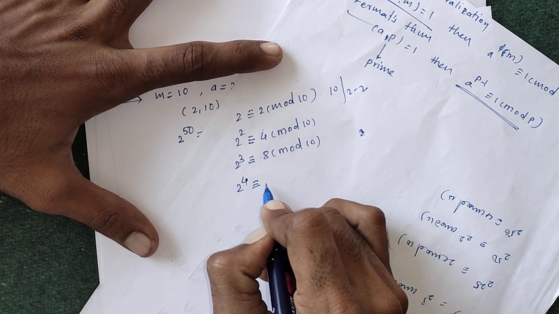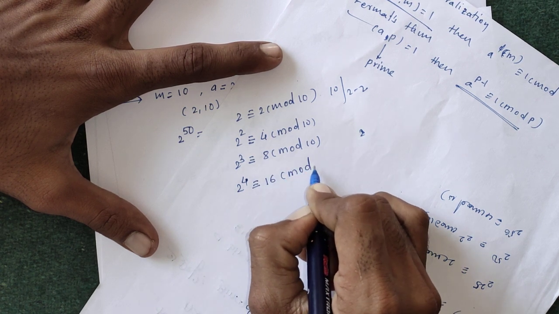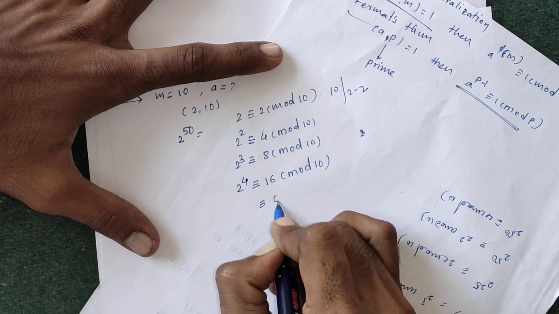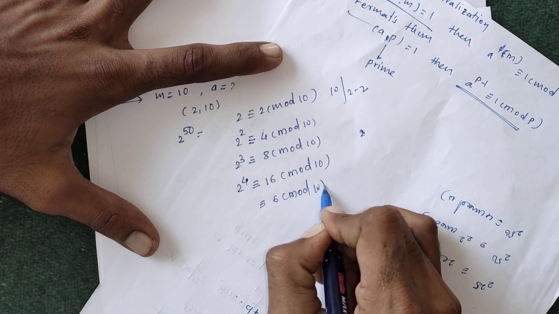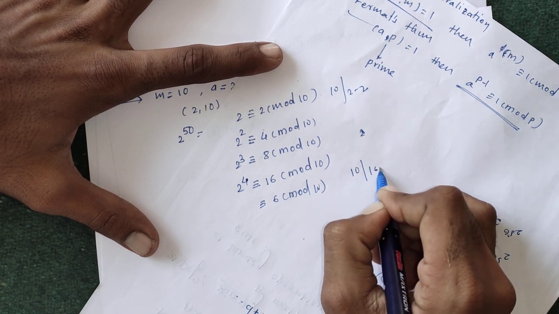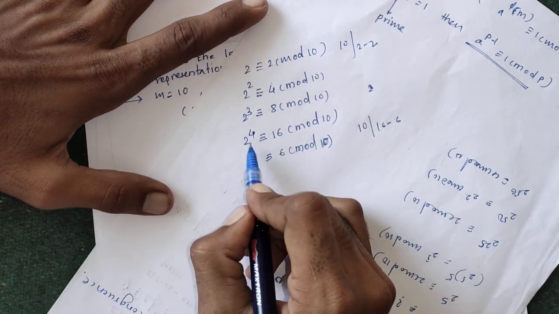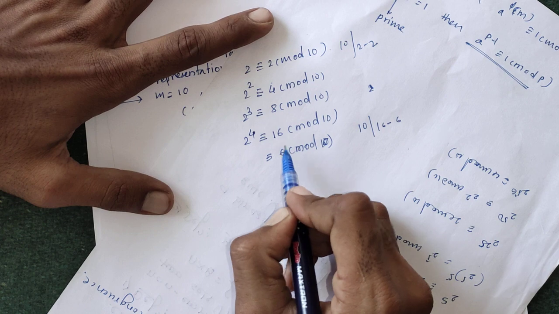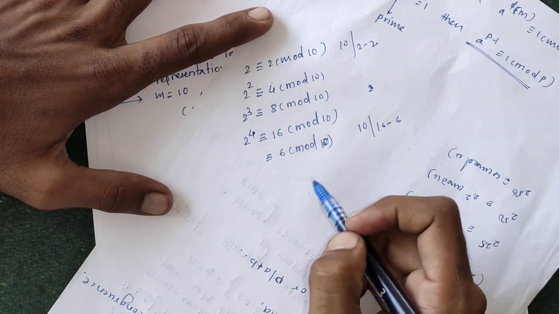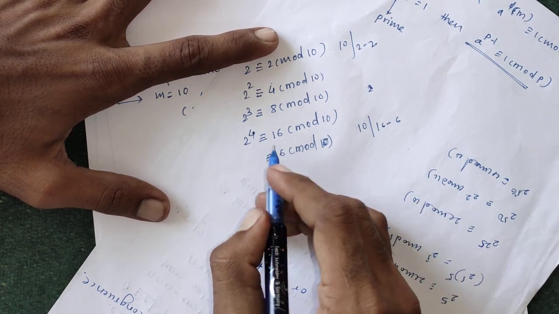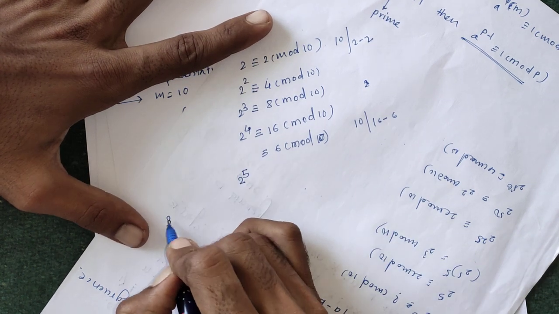Again, 2 raised to 4, which is 16, is congruent to 6 under modulo 10, since 16 minus 6 is 10. So 10 divides 16 minus 6. So 2 raised to 4 is congruent to 6 modulo 10. If we increase the power by 10, then we have to find 6 raised to 10. So 6 raised to 10 is again a large number. To reduce this calculation, we will take 2 raised to 5, that is 32,